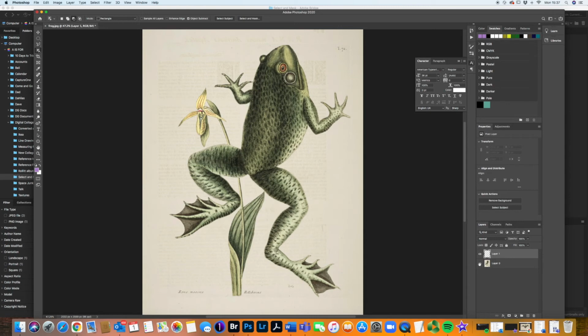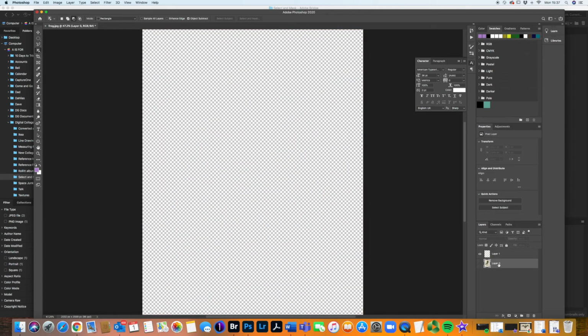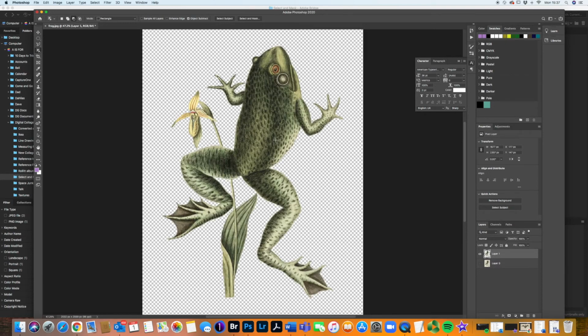Okay, if I click on the eye layer there of the floating background layer, click on the new layer and Command V, we